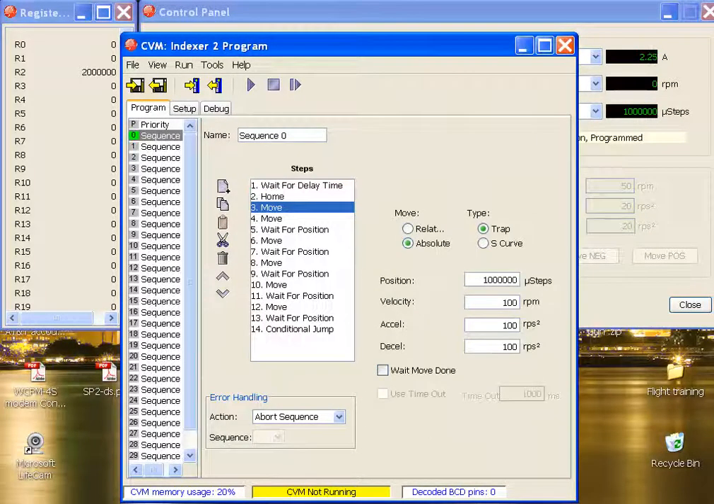We load in a million count move at 100 RPM. We're going to move to an absolute position here. We uncheck this move done option, so we move to the next command immediately. So we're off and moving towards a million counts at 100 RPM, and then we command 200 RPM to the